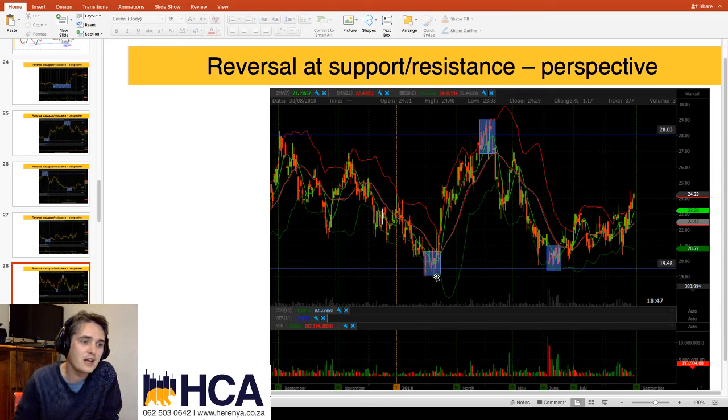But in order to get entries, and as you can see, this range, this support level isn't exactly perfect. It does break through the bottoms from time to time. Sometimes it fails to even reach the bottom. Sometimes it breaks through the bottom and it sort of gets back above it, and whatever the case is. And the same at the top, right? But we can identify individual reversal points in this chart.